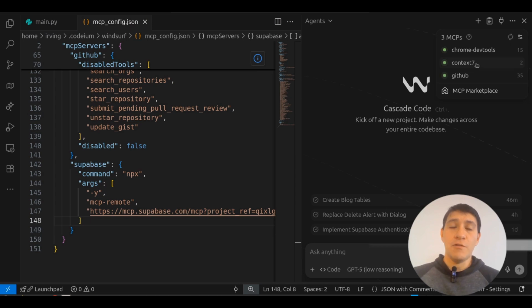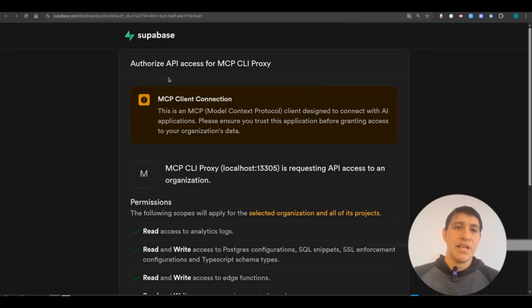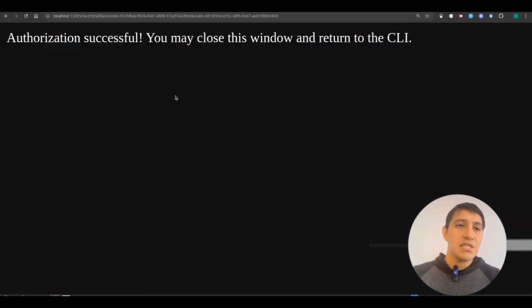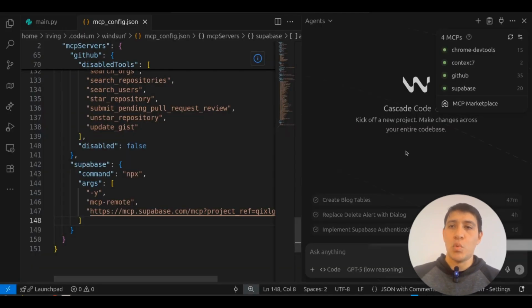Then we're gonna wait a few seconds, and then an authorization page is gonna open up for us. And here it is. This is an authorized API access page. So we're gonna go all the way to the bottom and authorize MCP CLI proxy. And then you're gonna see this authorization successful page. After that, we can go back to Windsurf, and we're gonna see here Supabase active, and it's now linked to